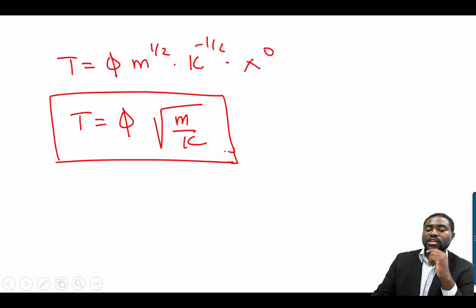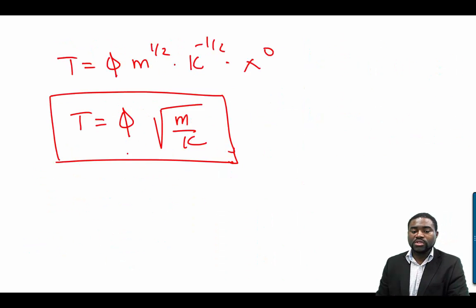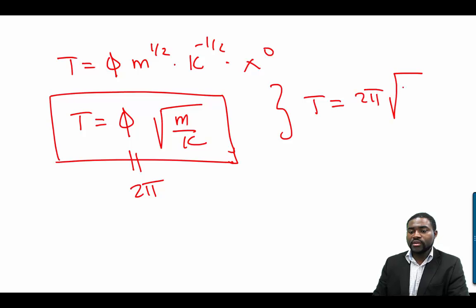Yeah, it's different because experimentally, you will determine in class that this constant is 2 pi. So in actual fact, the period of oscillation is 2 pi